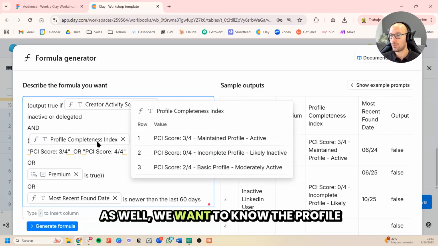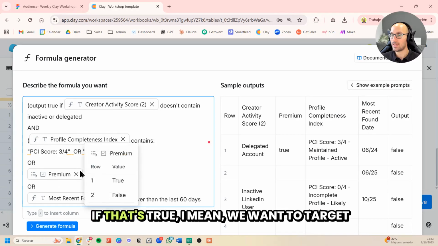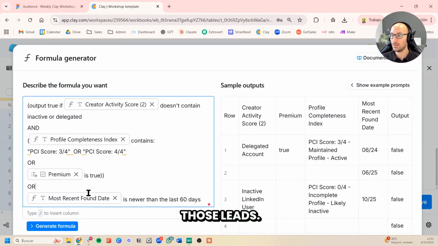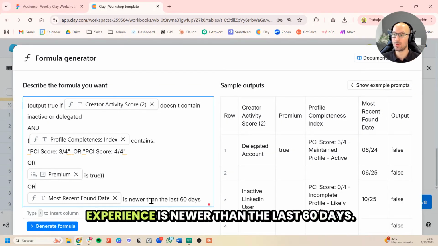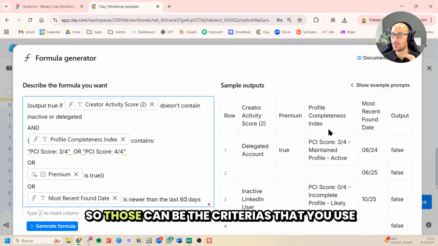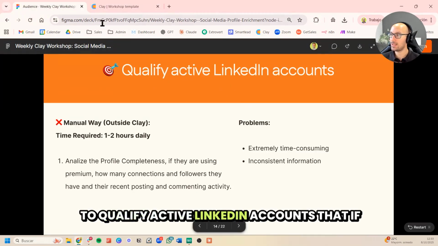As well, we want to know the profile completeness index, and whether the premium account is activated. If that's true, we want to target those leads. Or if the most recent found date in their work experience is newer than the last 60 days. So those can be the criteria that you use to qualify active LinkedIn accounts.